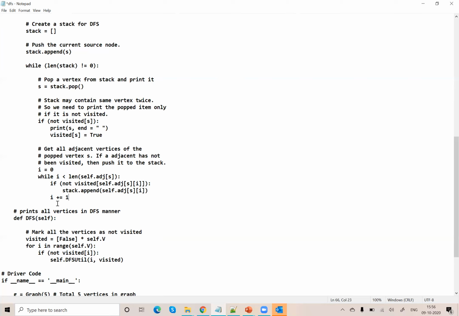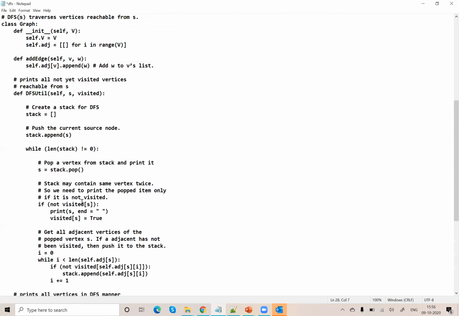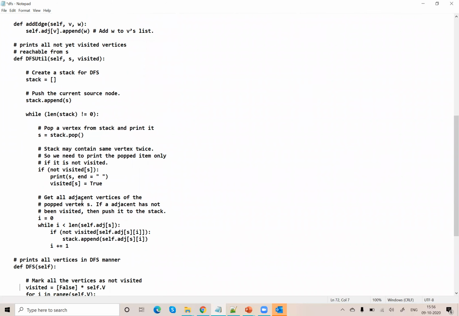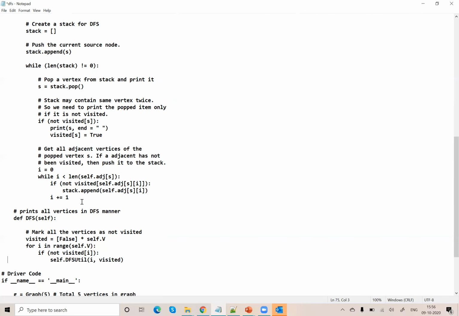So we need to increment the pointer here. After that, I have called self.dfsutil. So here the dfsutil function will print in the DFS traversal manner.